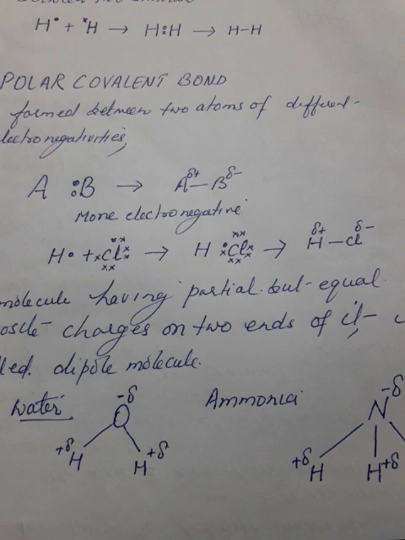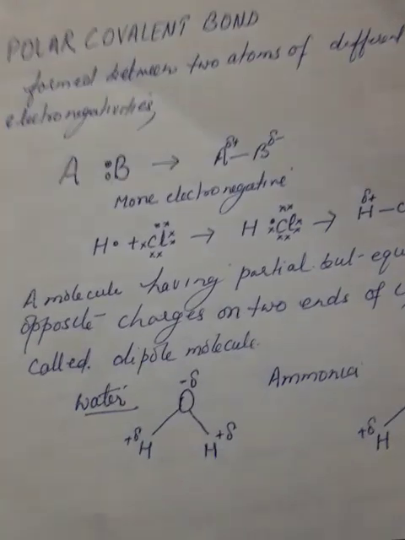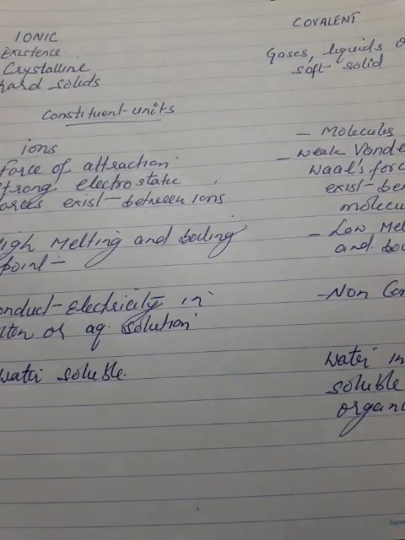But one thing you should remember here: carbon tetrachloride has polar bonds, but it is a non-polar compound, and the same way methane also. You will study more in senior classes. What you should remember here is that because they have a symmetrical tetrahedral shape or structure, their resultant moment is zero. That is why carbon tetrachloride and methane are both examples of non-polar covalent compounds. Clear? Now you should know the difference between ionic and covalent compounds.